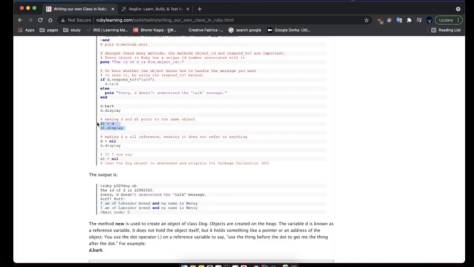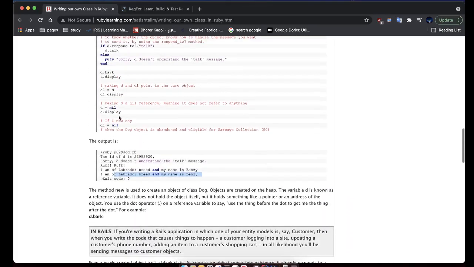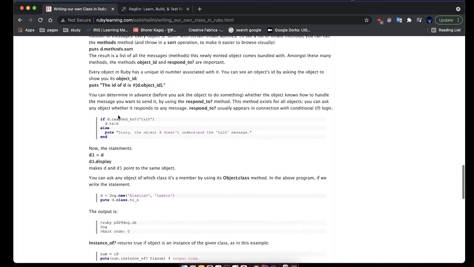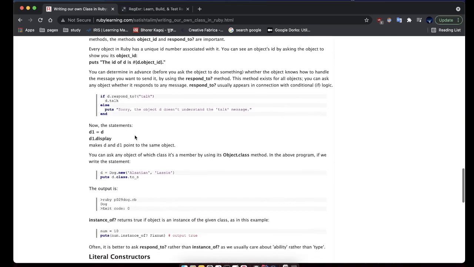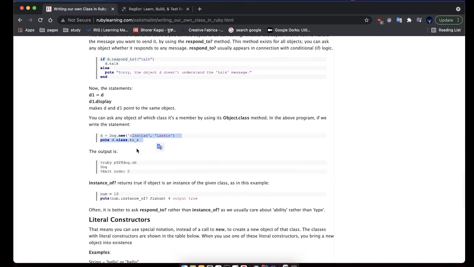We can display multiple times, and we can put the d object in a different variable d1, and we set d equal to nil, and it can still display. It is still able to print this because it will create a new reference. Whereas in JavaScript you will notice that if you have an object and you assign it to a new one, it will pass as a reference. So this is to understand whether the talk object is available or not, and then we pass a new one,